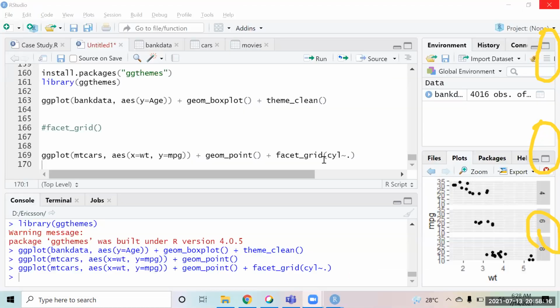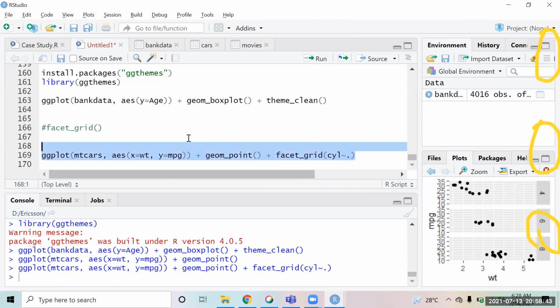So basically in faceting, we have two things, row, comma, column. The first is row. I am saying break the charts row wise by cylinder. So you see in row 1 4 cylinders, in row 2 6 cylinders, and in row 3 8 cylinders. That is what facet grid is doing. Dot over here means the rest of the variables that we have in the chart.